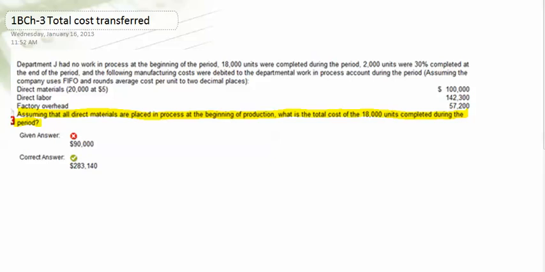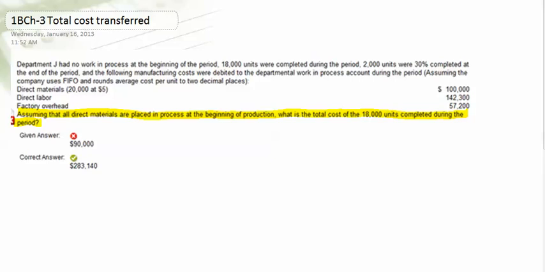Highlighted the question: assuming that all direct materials are placed in process at the beginning of the period, what is the cost of the 18,000 units completed during the period? We're going to have to calculate what the equivalent units of production are and then what the cost is for those units that were completed. During the period,